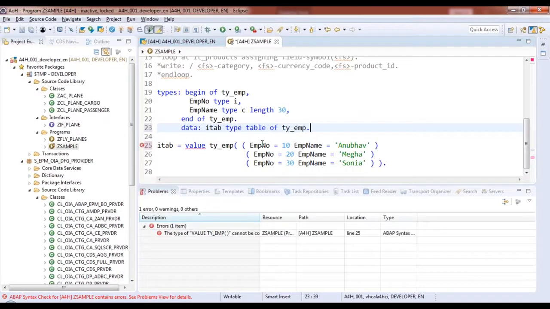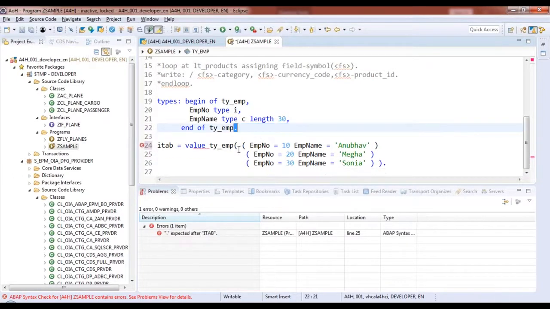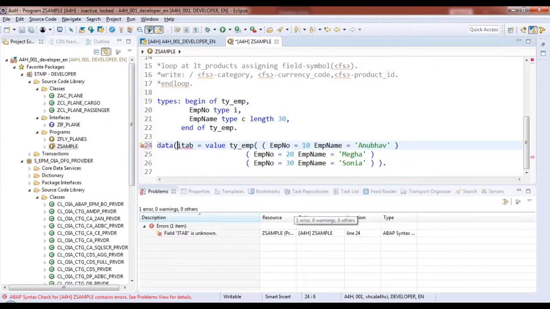Oops, I'm not sure. There's some problem, guys. I need to cross check this code. Though I did that, now it's still not working. In fact, I even did this inline data declaration, and with that also, it's not working. So I think I'm missing out on the syntax part, but the concept here is to avoid creating things unnecessarily,